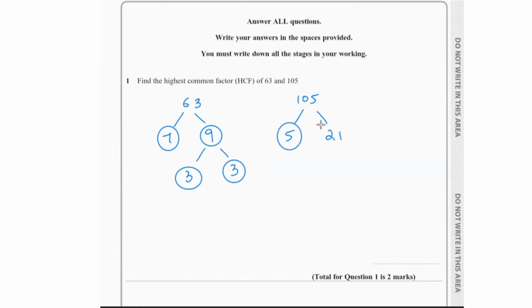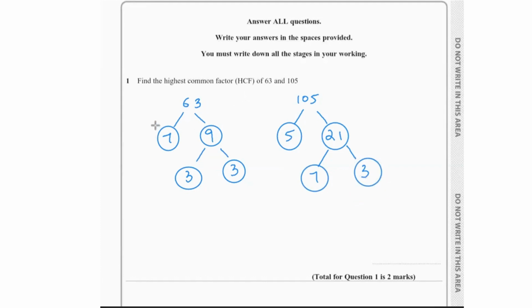Going to 105, that is split into 21 and 5 right now. 5 is a prime number, so we cannot further break it down, but we can break down 21, which is 7 times 3. So as we said that 7 and 3 are prime numbers, so we cannot further break them down. So as you can see,